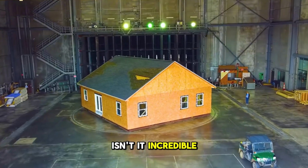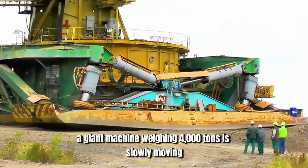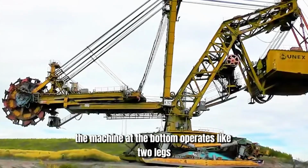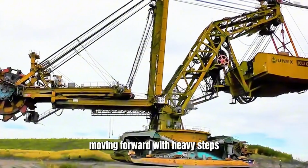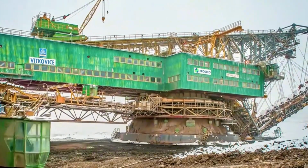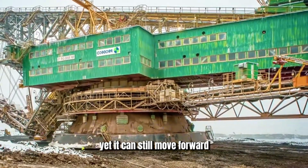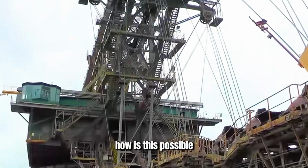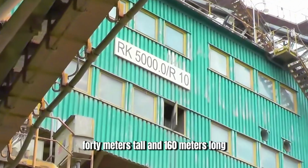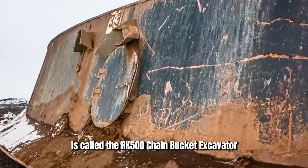Isn't it incredible? Pay attention to this. A giant machine weighing 4,000 tons is slowly moving. The machine at the bottom operates like two legs, moving forward with heavy steps. Meanwhile, the 5,600-ton excavator has neither tracks nor legs. It only has a massive circular base, yet it can still move forward. How is this possible? This giant machine, 40 meters tall and 160 meters long, is called the RK500 chain bucket